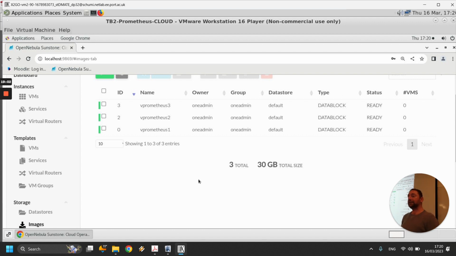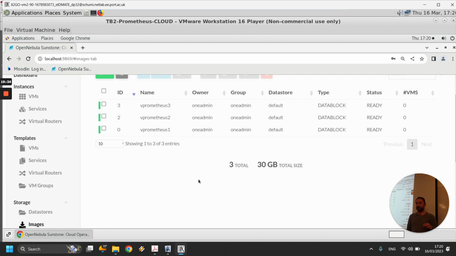space. If the DVD is 4.5 gigabytes and you allocate it to a virtual machine that's running, those 4.5 gigabytes will be copied from the image data store to the system data store and end up taking 9 gigabytes of space on your hard drive. Okay, you have a total of 200 gigabytes of space on your Prometheus VMs. If you fill it up with instances of the DVD running 10 times, you lose a quarter of your space. Okay, so once the virtual machine is built, get rid of the DVD, delete the image completely, you don't actually